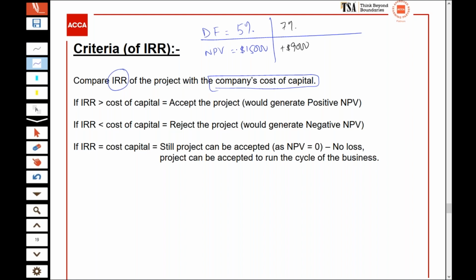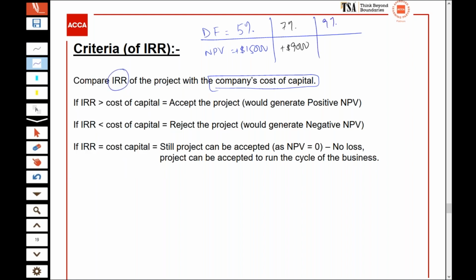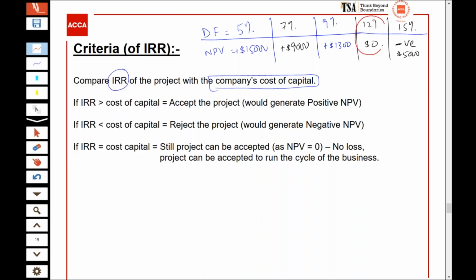Let's take rough examples. At 9% it is plus 1,300, and at 12% the NPV is 0, and at 15% the NPV is negative 5,000. Now do tell me, 12% is my internal rate of return, my IRR, and what will I be preferring,